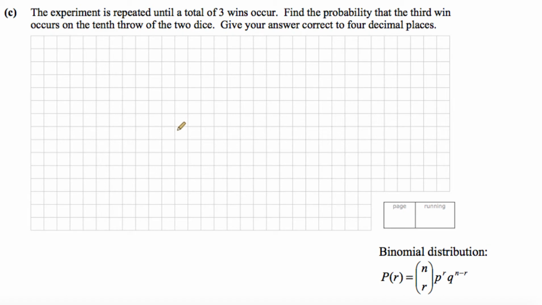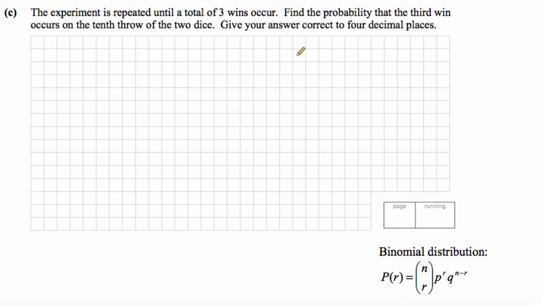Part C says the experiment is repeated until a total of 3 wins occur. Find the probability that the 3rd win occurs on the 10th throw of the 2 dice. Give your answer correct to 4 decimal places. Okay, so we need to think about this in 2 stages. The last stage, the probability that the 3rd win occurs on the 10th throw, well, that's